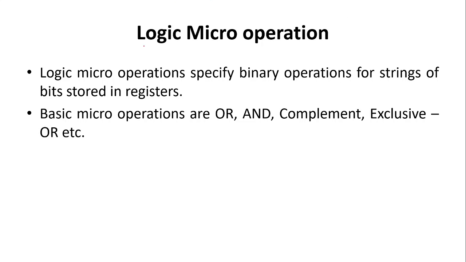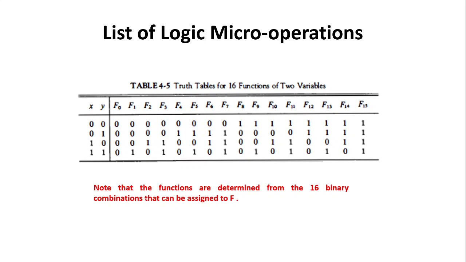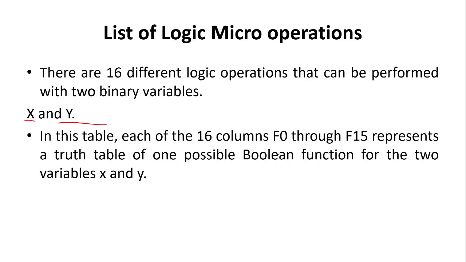Next, we have the logic micro operation. Logic micro operations specify the binary operations for strings of bits stored in the registers. The basic operations used in logic micro operations involve OR gate, complement and exclusive OR. There are 16 different logic micro operations that are performed with the help of two binary variables x and y. In the next table that I will show you, there are 16 columns starting from F0 to F15